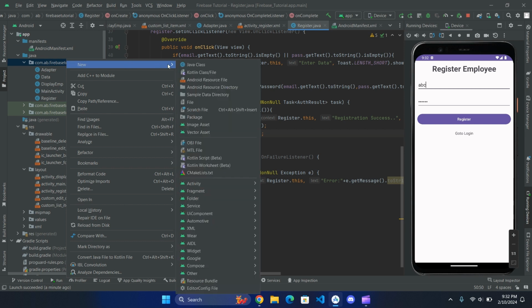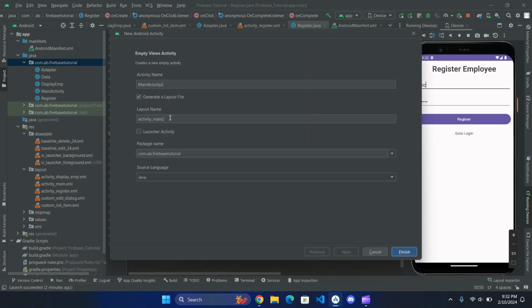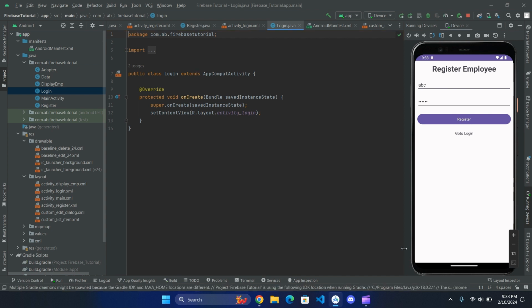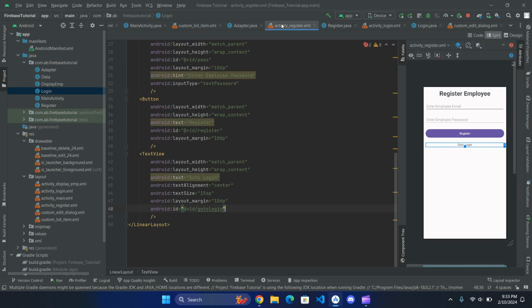So same, we will click anywhere, new activity, then we will get empty views activity. So as you can see here there is an option called launcher activity. So just click on that launcher activity. Here we will name it as login, and we will set to finish. It will take a few minutes to initialize all these things. Yeah, it is initialized. Now what we will do, we will just simply copy our registered page UI